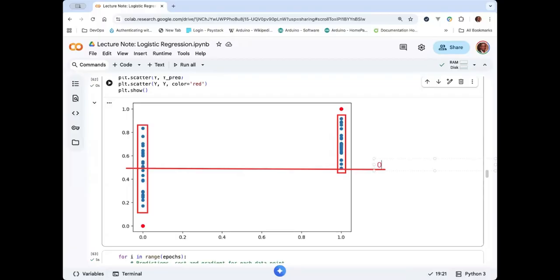That is the value that you use to classify and basically separate between the truthy values and the falsy values, right? So the truthy values are doing quite well anyway. Most of them are above the line,